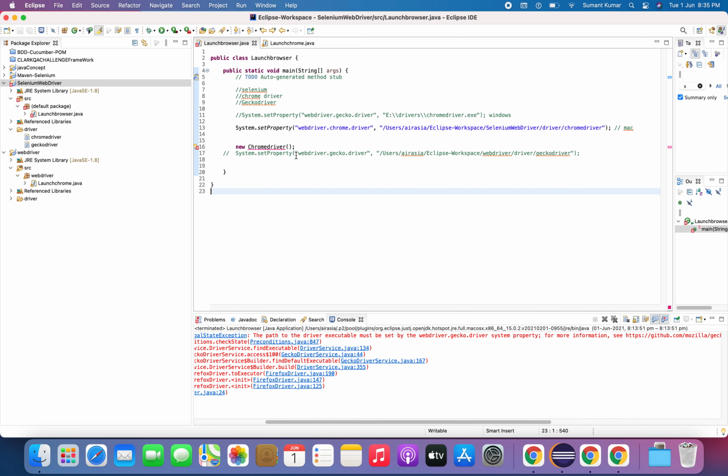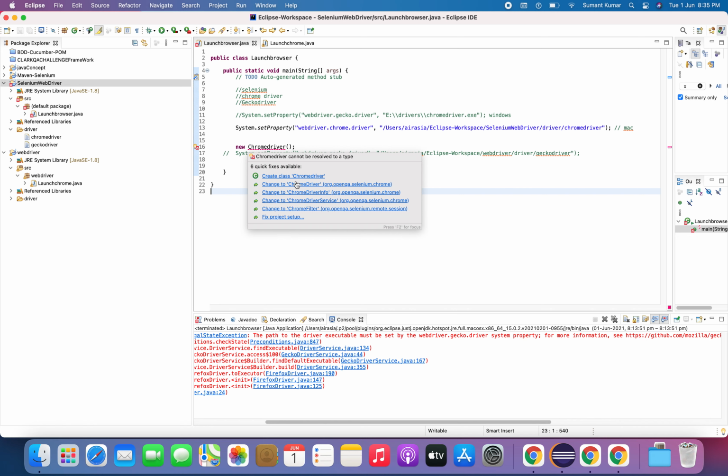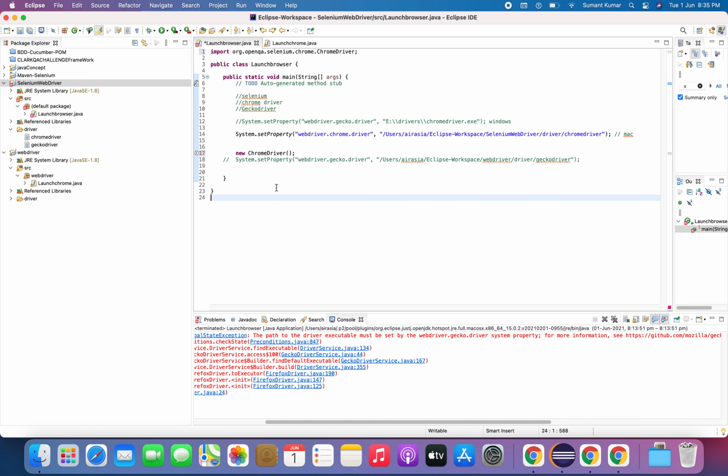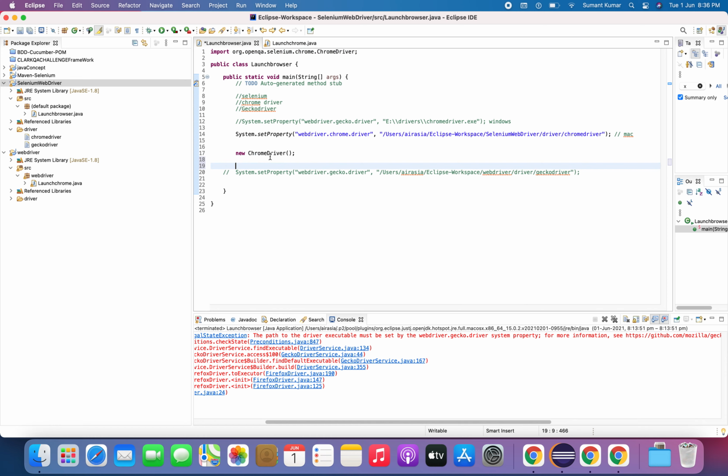Once you have done this, after that you can import this ChromeDriver. Okay, there was some spelling mistake. Yeah, so you have imported this ChromeDriver here. Now this line of code will launch your ChromeDriver, but you have to give the reference of the WebDriver interface as well.